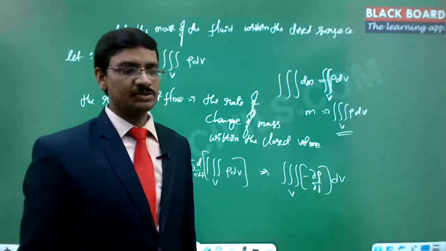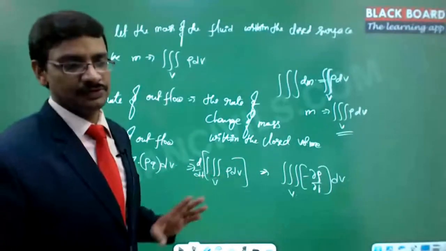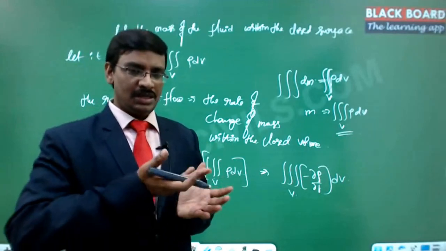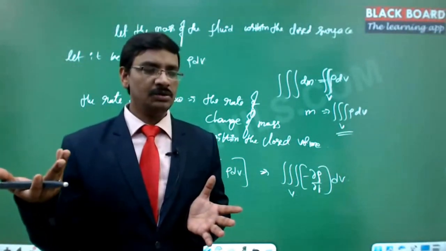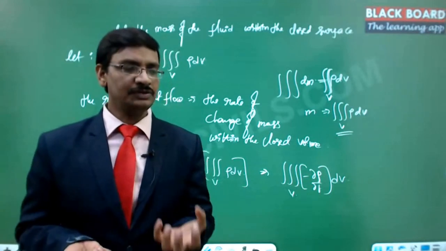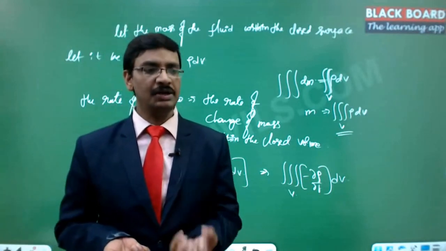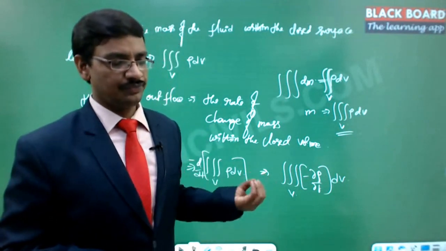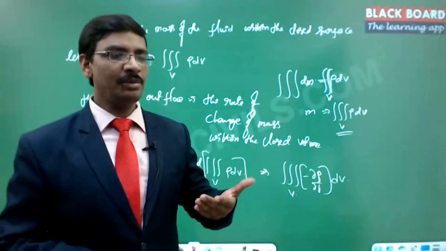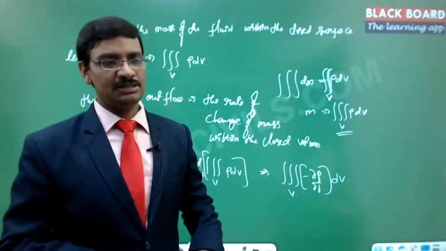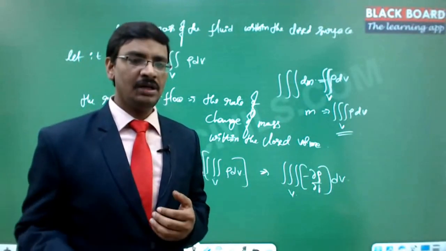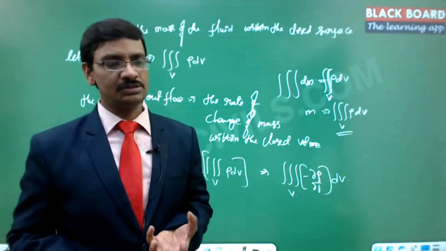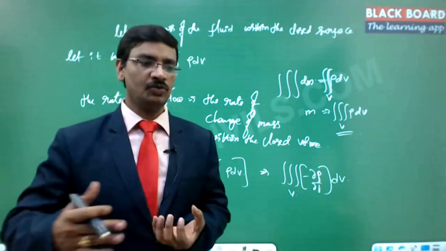Sign convention not clear. So there is nothing but confusion here. So there is a closed volume. Within that closed volume, the amount of fluid that is passing out is exactly equal to the negative rate of change of the fluid that is getting reduced within this particular volume. Obviously, right? Is this understood, Ashwardhan? So you say that the rate of increment is positive, rate of decrement is negative. As the fluid is passing out, the increment is going to be negative, which is nothing but the rate of decrement of the fluid within the closed surface, exactly equal to the rate of outward flow.